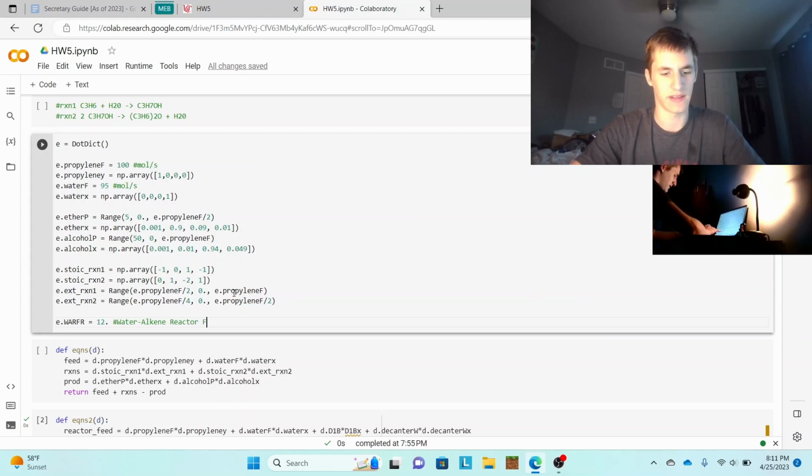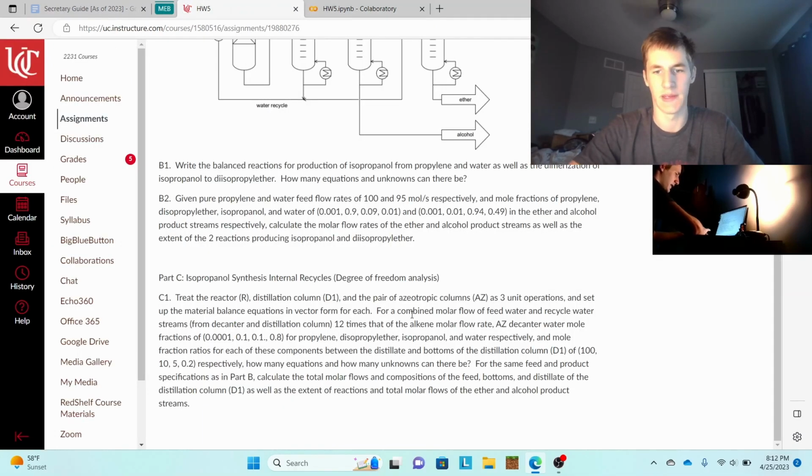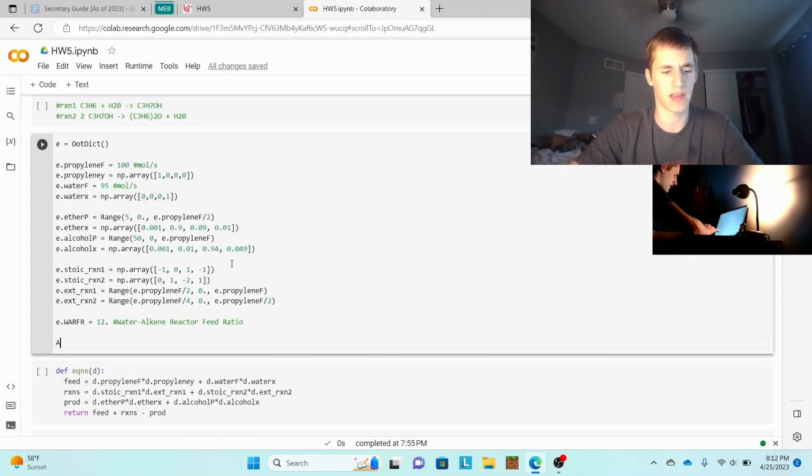Water alkene reactor feed ratio. Right. Next, we have our azeotropic decanter water, right? And our mole fractions for that. Right? And that is going to be an array,